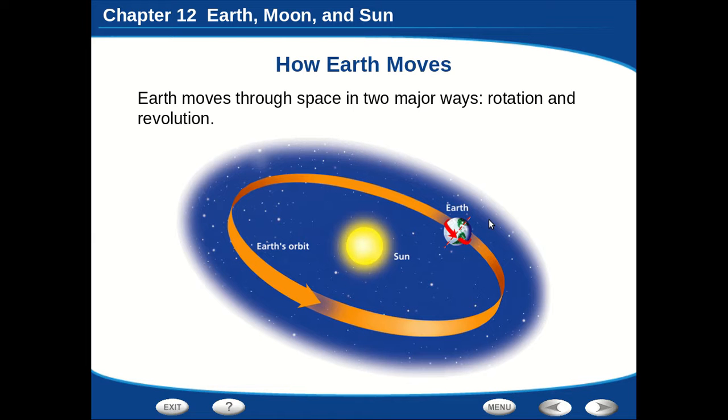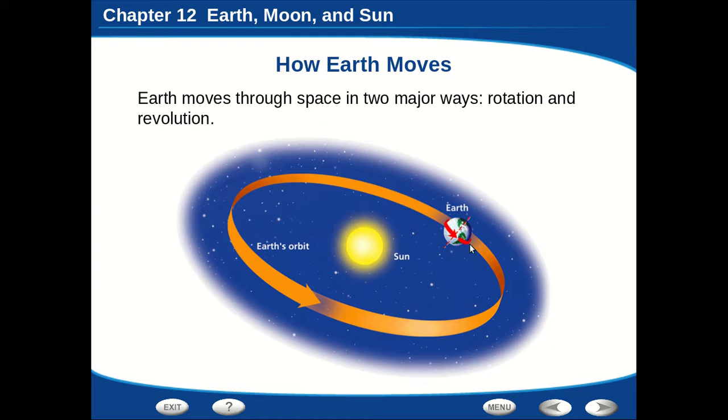If you can imagine something going through the center of the Earth and then somebody spinning the Earth, right? So think about a basketball on your finger, or if you were able to stick a pencil through a basketball, which is not realistic, but if you were able to, and then you start spinning that basketball, how would that thing move? Well, that's called a rotation. Rotation is that spin upon its axis. And that's not to be confused with revolution.